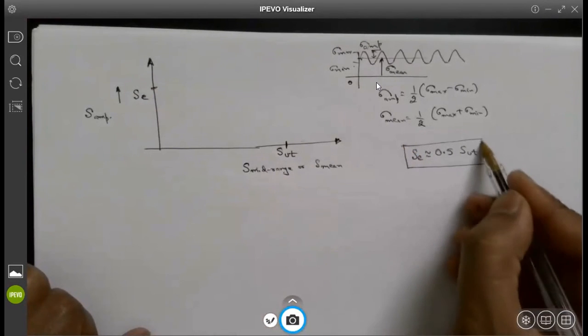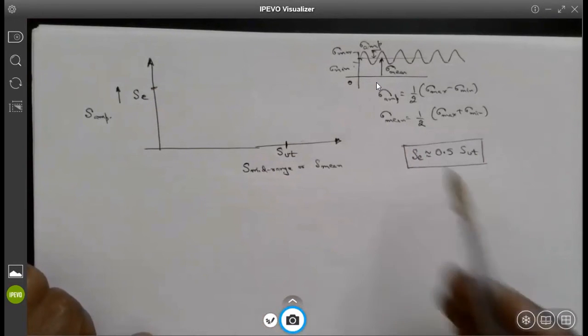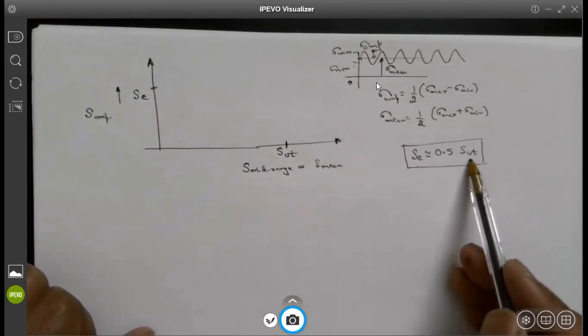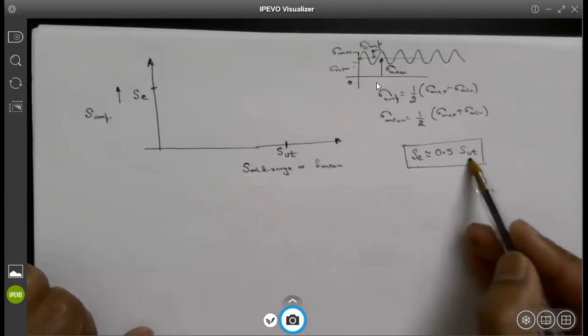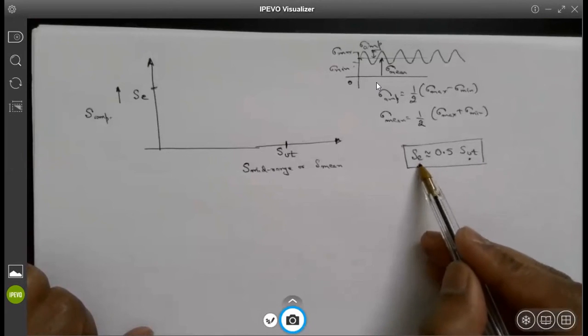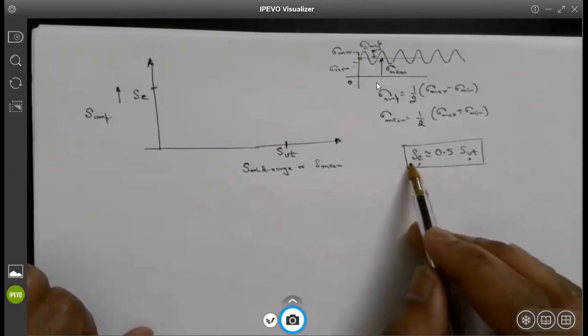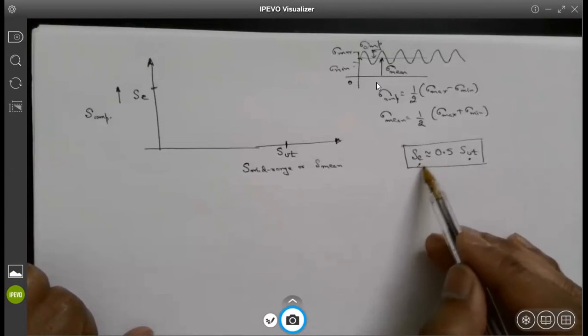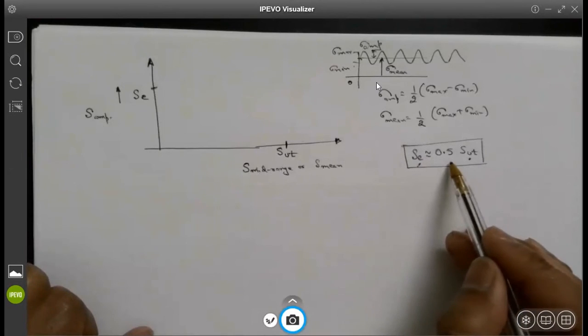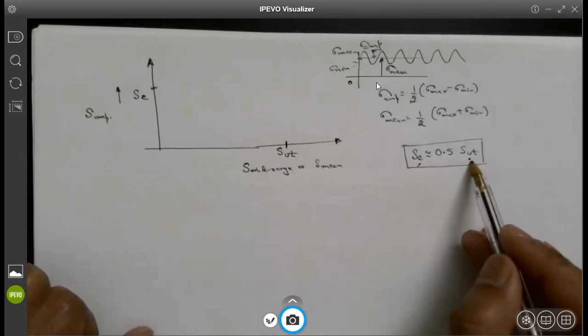It is not going to be the case always, because for every specific application, you have to find the endurance strength, which keeps on changing. Ultimate tensile strength does not change. It changes only for temperatures, but otherwise it is basically the property of a material that you obtain using the stress strain diagram or tensile testing. But endurance strength depends a lot on the manufacturing processes, the applications, the environment, the operating conditions, and so on. For the first design iteration, if you do not know those conditions, you can assume that endurance strength is approximately 0.5 or 1/2 of the ultimate tensile strength.